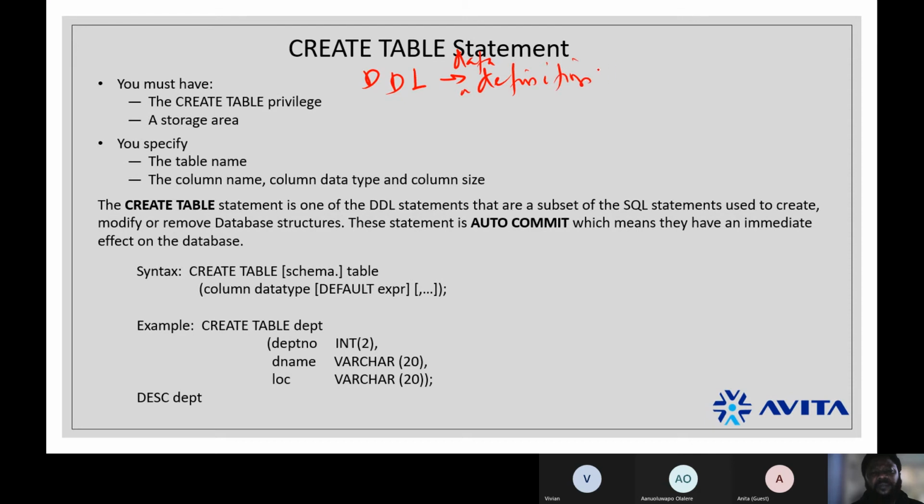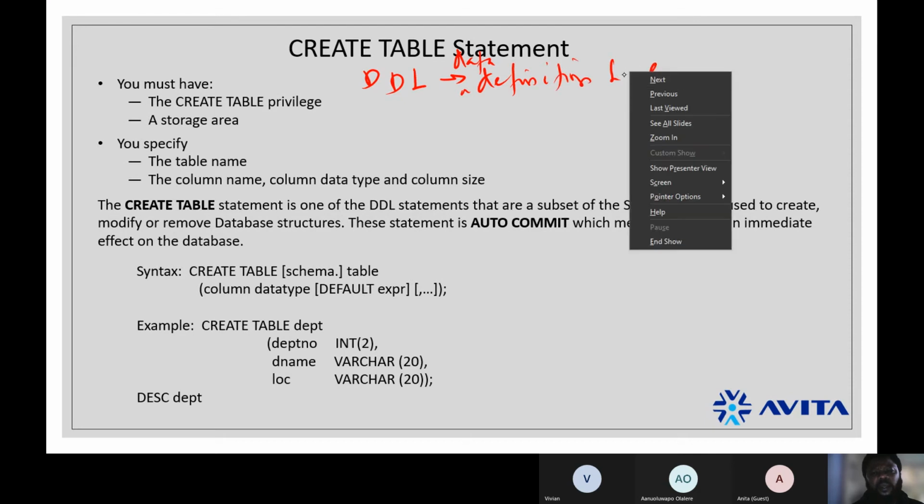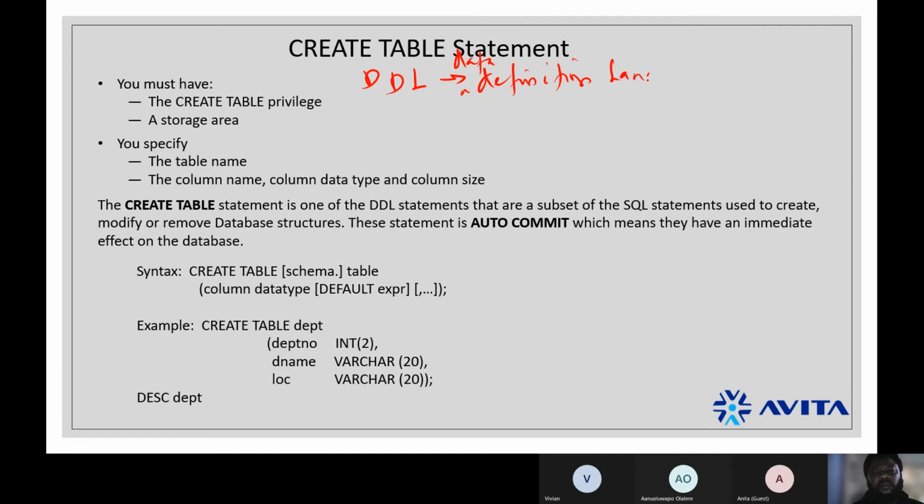Create is a DDL language, right? And we use data definition language to modify the structure. Remember this, please. The structure of the database.